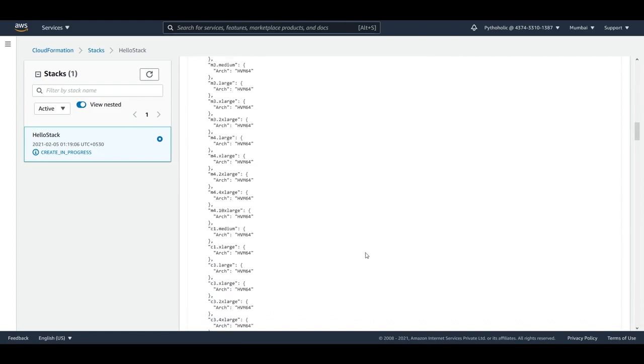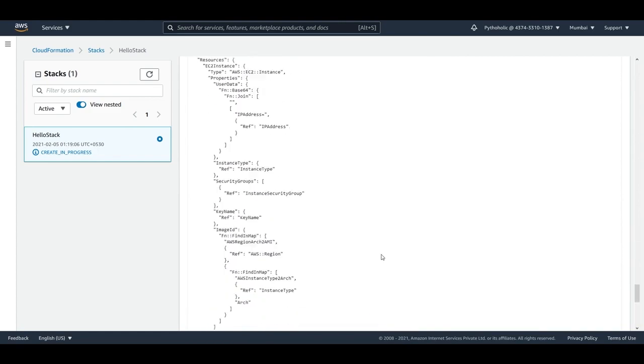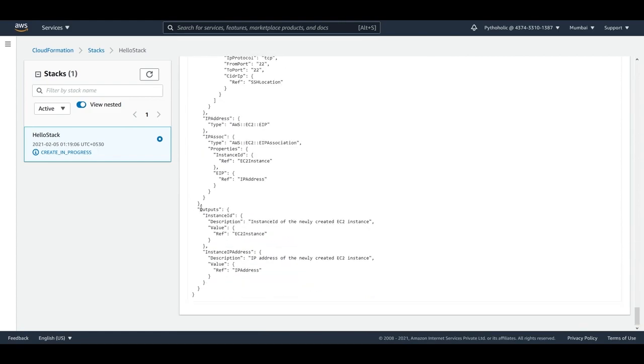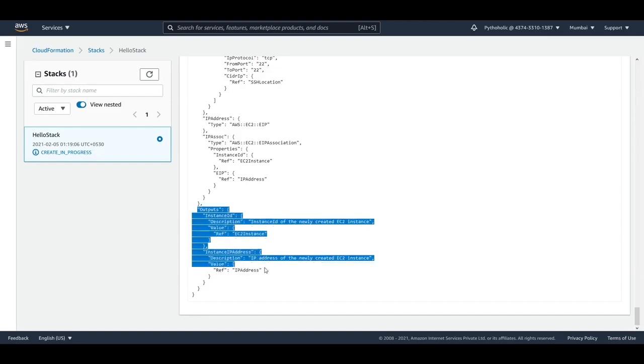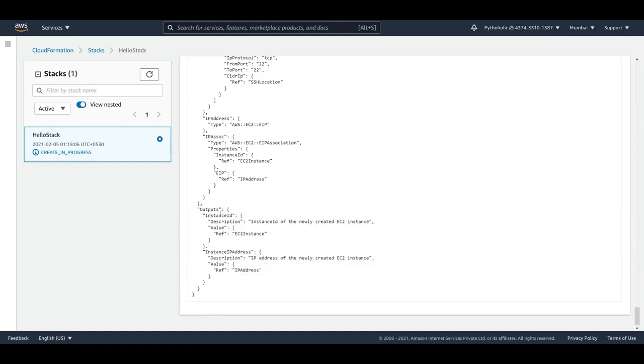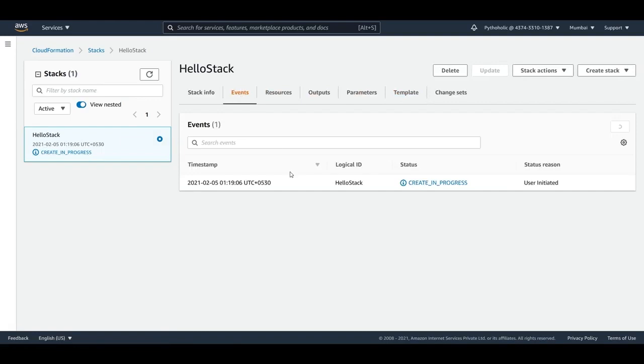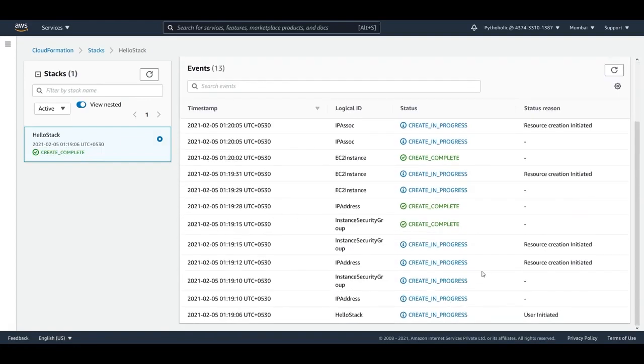And this is the template as well. There's a complete template that we have here. So these are the output details; you can also mention them. Once you have your template, you can mention the output in the templates as well. So you will get an instance ID and the instance IP address. The instance ID is the ID that will be created once the EC2 instance is created. And the instance IP address is the elastic IP address that we will have for the instance that we are going to create. So we can just go to events, and we can see there are a lot of events